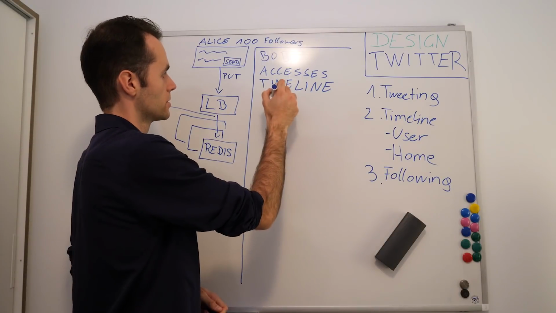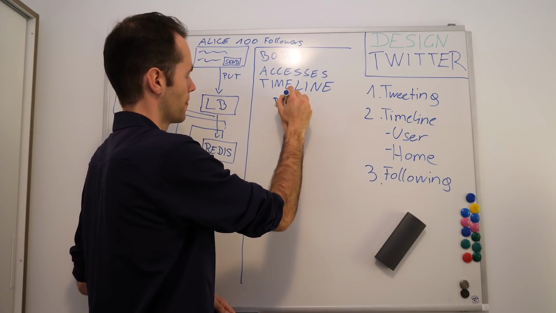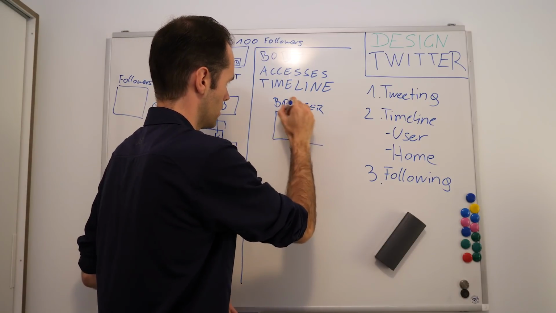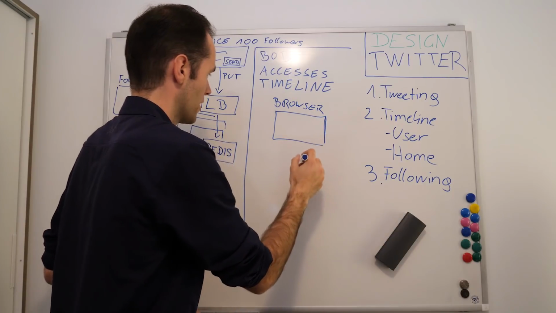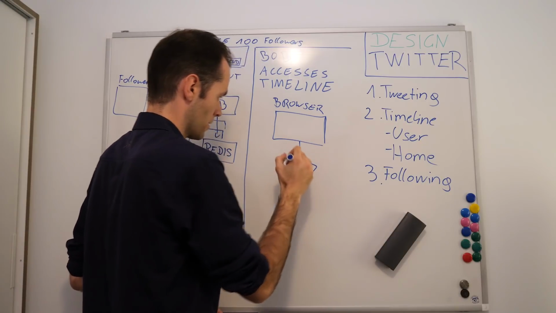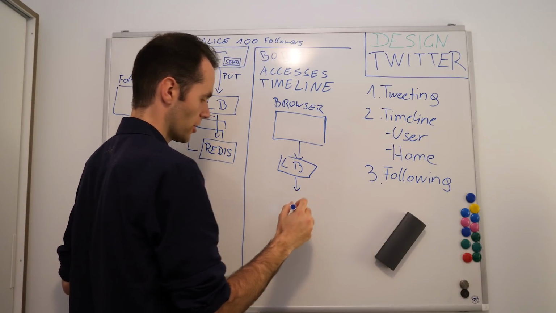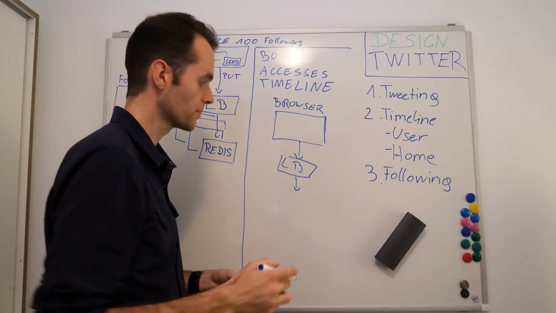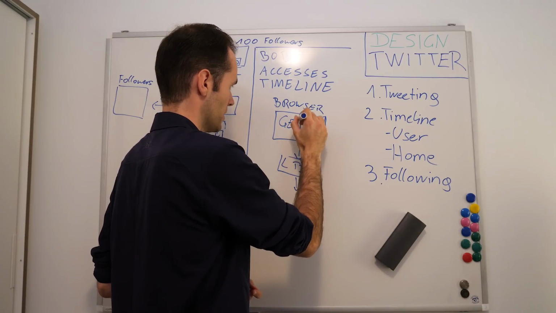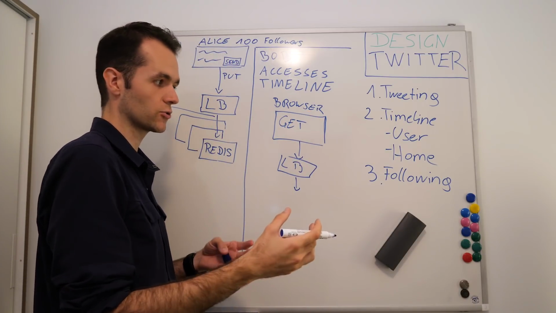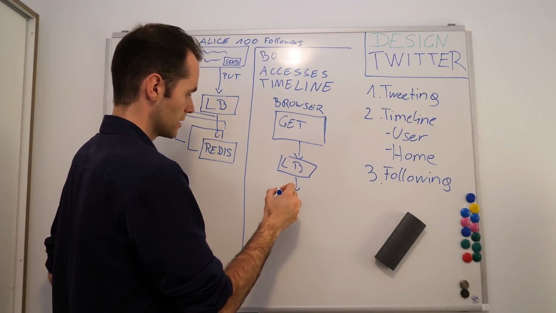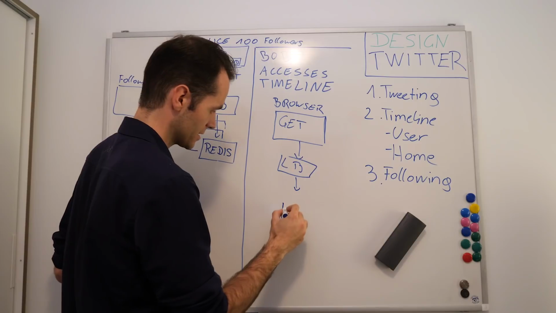Okay, so Bob starts in the browser. And the browser again hits a load balancer first. The load balancer will point to a machine with capacity to serve this GET request. So this could be a big GET request here, because we want to see the home timeline of Bob. And now again we're hitting our Redis cluster,